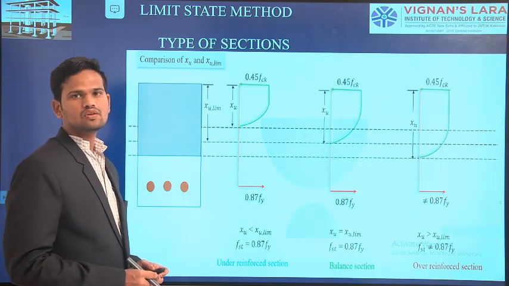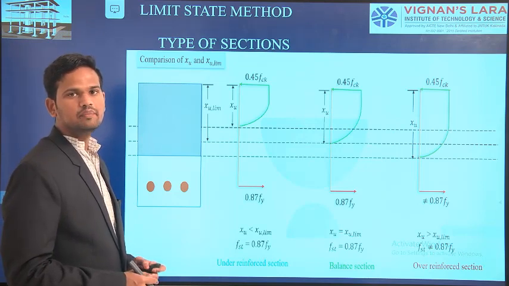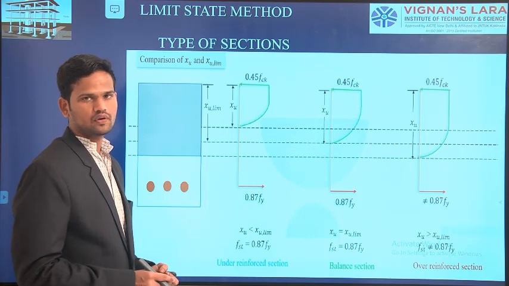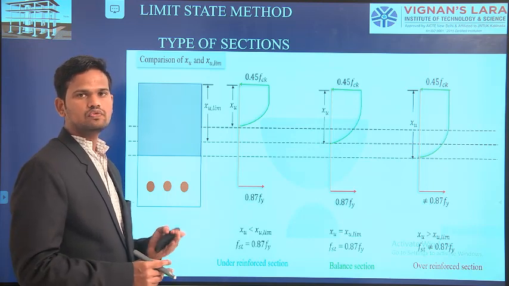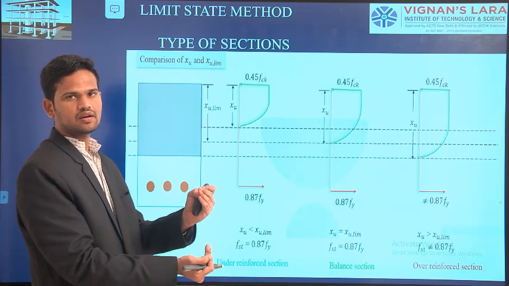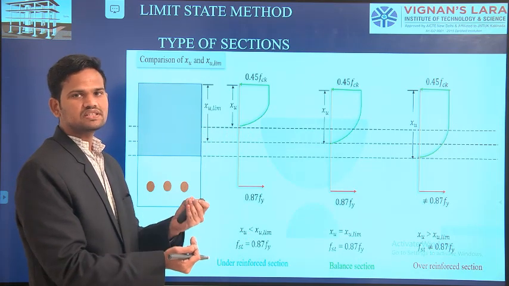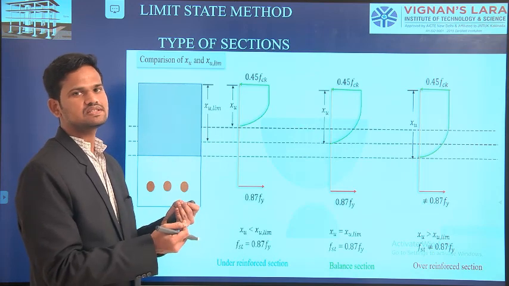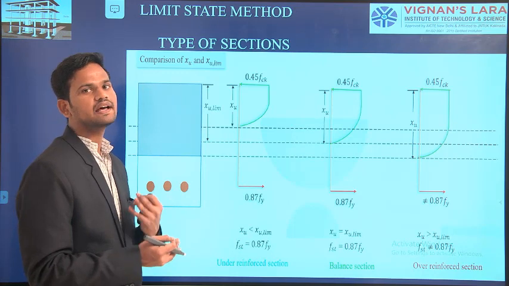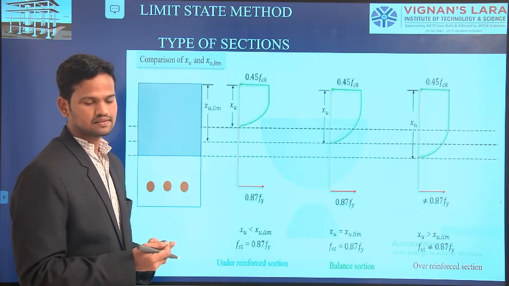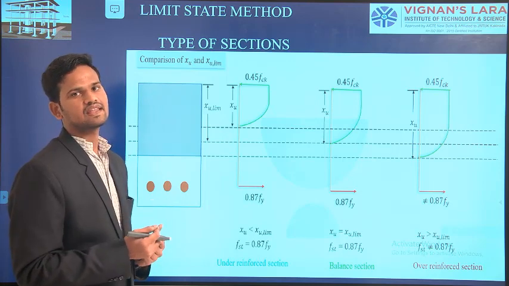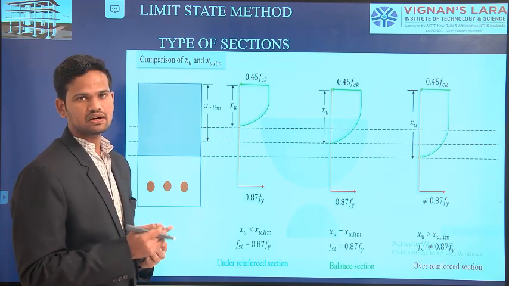In the last class, we discussed the limiting depth of the neutral axis, or maximum depth of the neutral axis. That means if you take any rectangular beam, the compression face as well as the tension face change due to the grade of steel provided. In the last class, we took the limiting depth of the neutral axis for different grades